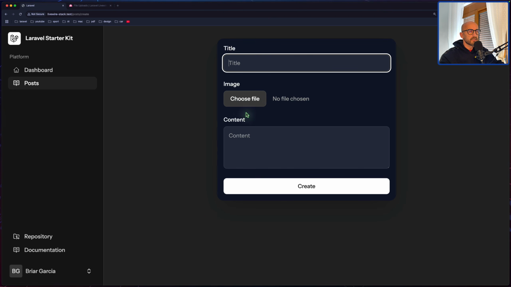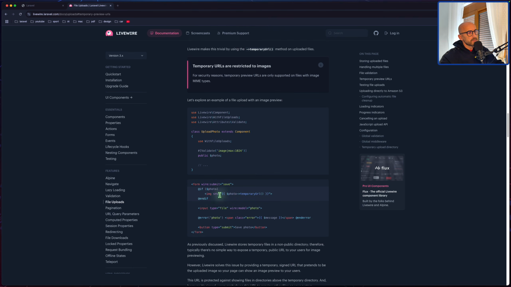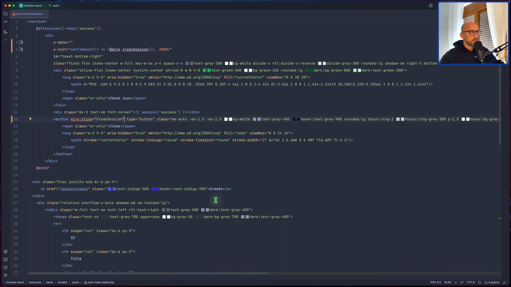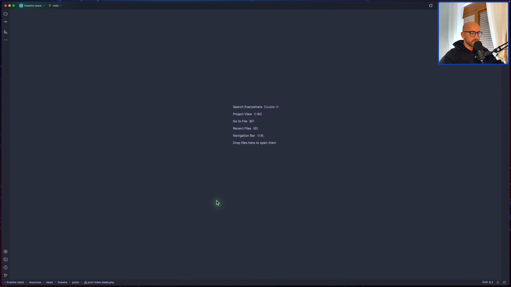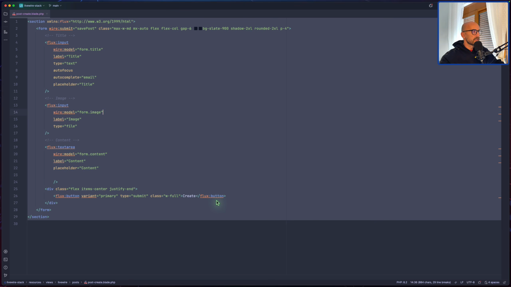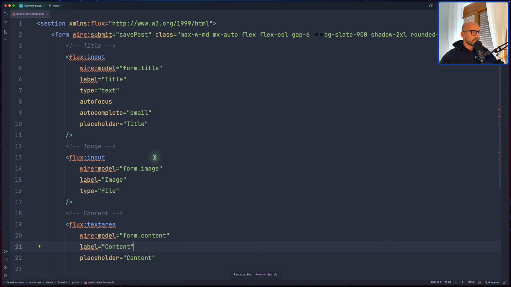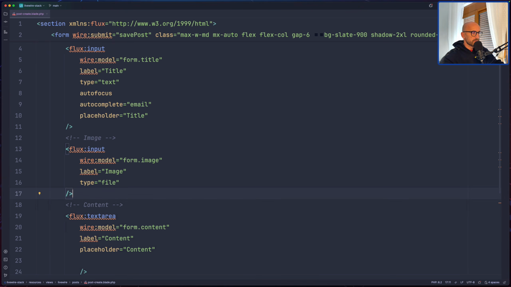Now let's display the preview of the image, and that's it. Very easy with Livewire, as I told you in the first place, because we have this temporaryUrl. If we have a photo, for example, let's just copy that, and let me close this. I'm going to open the post create first. I'm going to zoom it. And after the image,